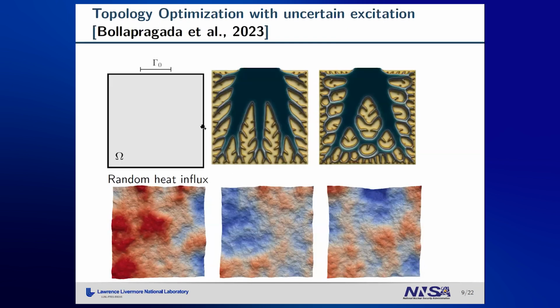Now, if we apply random excitation, and here we can see random inputs generated by the stochastic PDE solver in FM, or mini-app in FM, we end up with a design which is kind of forming closed loops. Now, if we look at the deterministic one, the optimization is trying to transfer the heat as fast as possible to the support of the domain. However, in the random case, we have negative and positive influx in closed parts of the domain. So the optimization will try to locally balance the heat, and only the excess heat will be transferred to the support here.